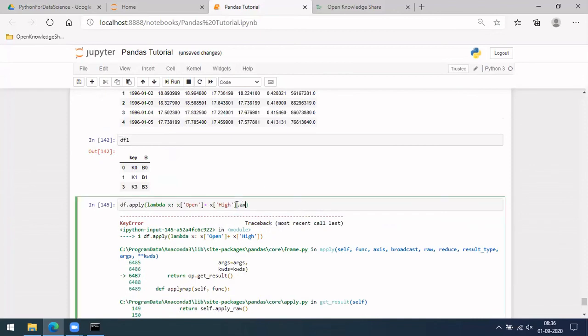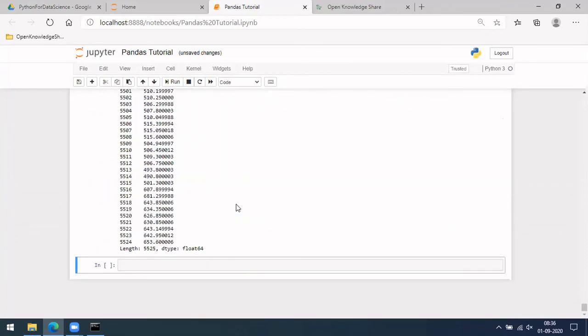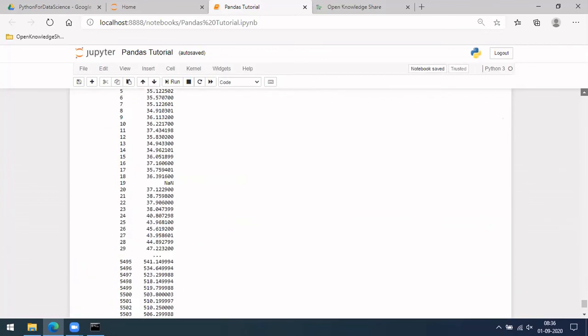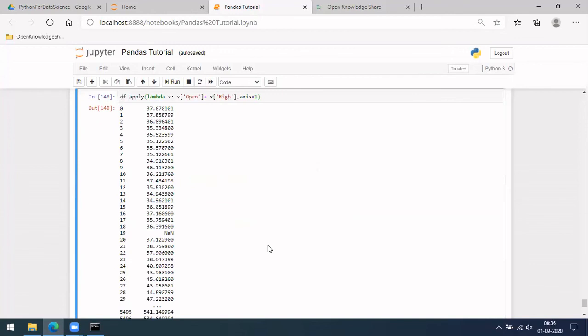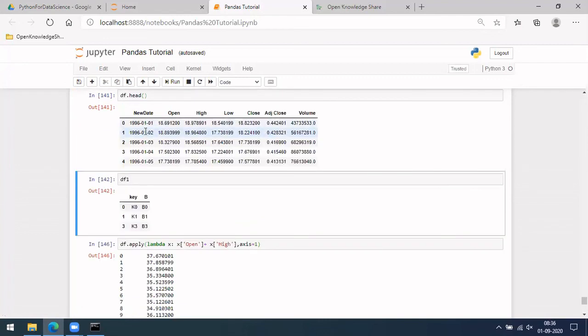Okay, if you are doing it at the row level, we have to set axis equal to 1, just like I told you in previous sessions. If you do this with axis equal to 1, it applies to each row. So x of open and x of high you have added, and the result will be here.